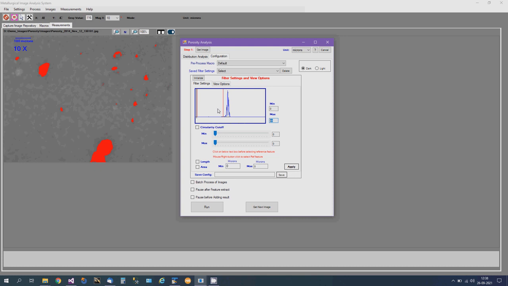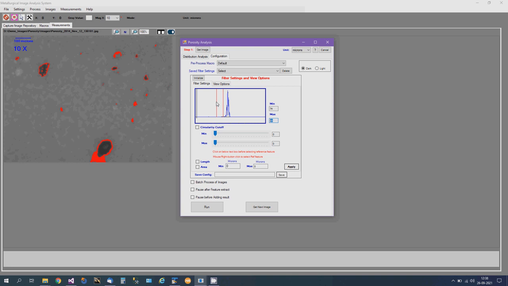Now if you see, my selection is not proper, so I can click and drag these things. If you move the mouse over the red area, it becomes a hand. I can click and drag. See, this means the selection band is from 74 to 99. Whatever pixels fall in this band will be marked as red, or selected. But if you look at the image, this is not correct.